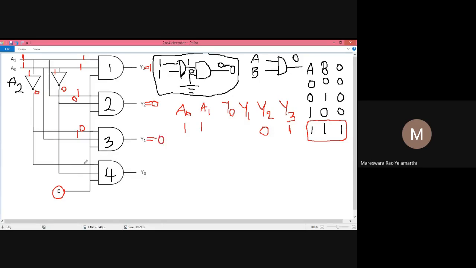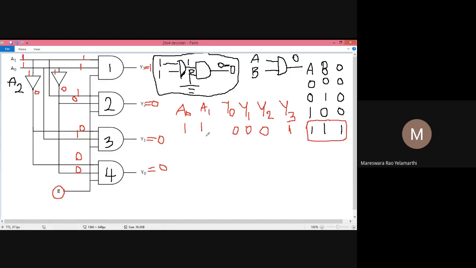Next, one of its inputs is connected to 0 and the other input is also connected to 0. So a 0 0 combination gives 0. Y1 is 0, Y0 also 0. For the 1 1 input combination, we got Y3 is 1 and the remaining all are zeros.